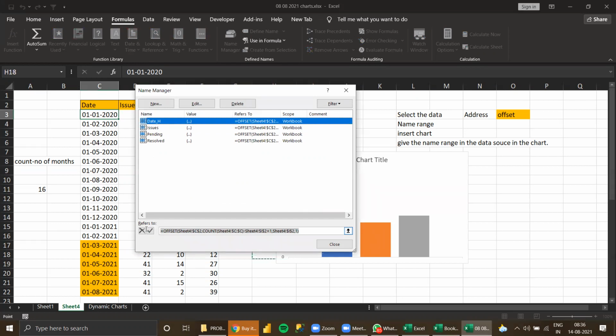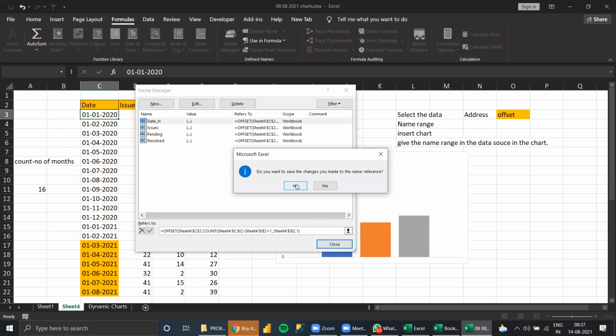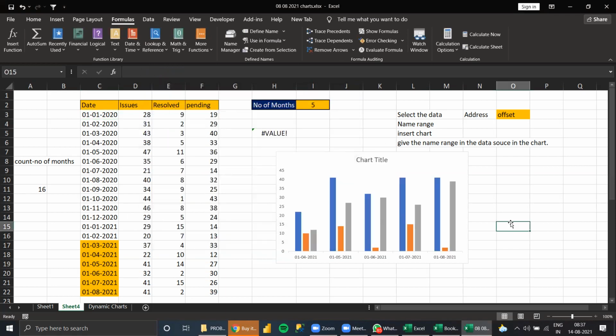No problem. I pasted. Pasted. So no row, no column movement. Yes, correct now. Yeah, it comes properly now.